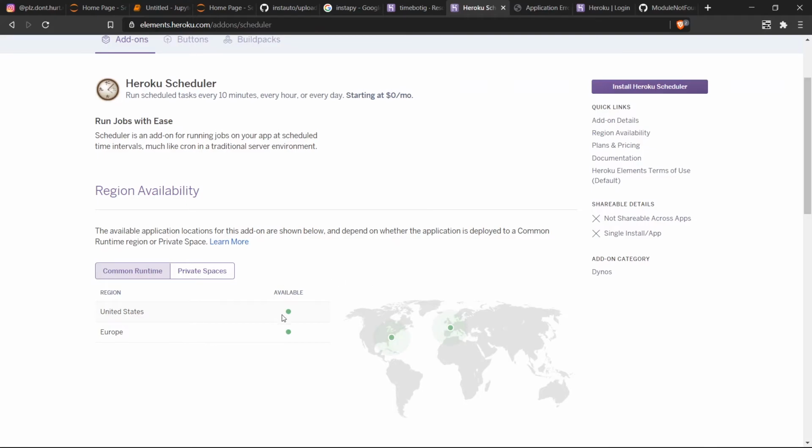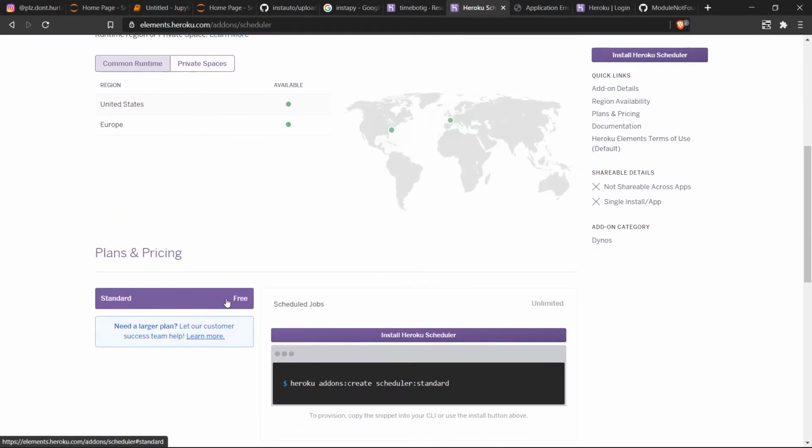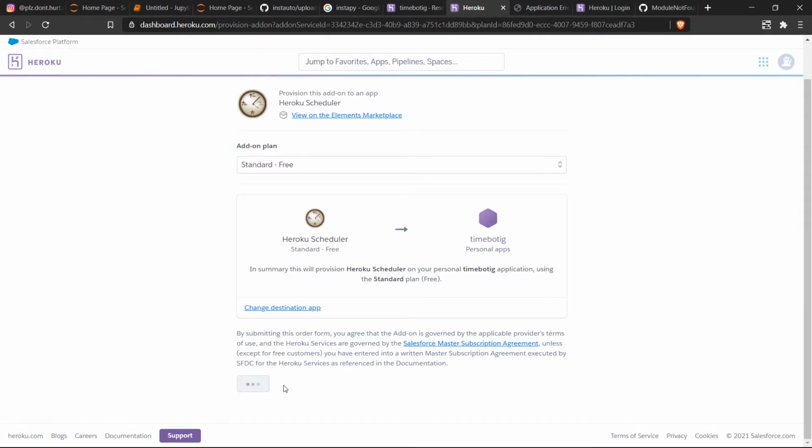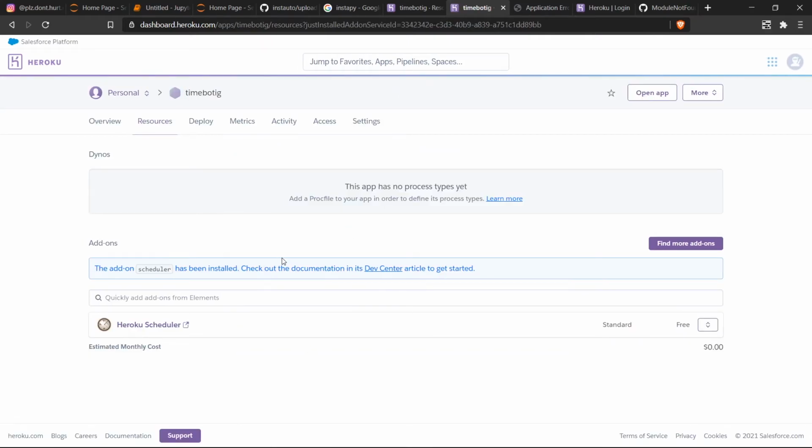So it says where it's available. It says that it's free, so that's good. And then boom, you just have to type whatever you want to install it. In this case it's this here for me, submit, and just like that you have this thing similar to cron